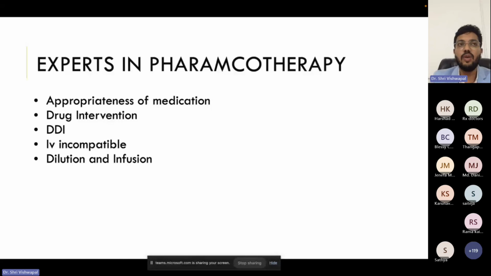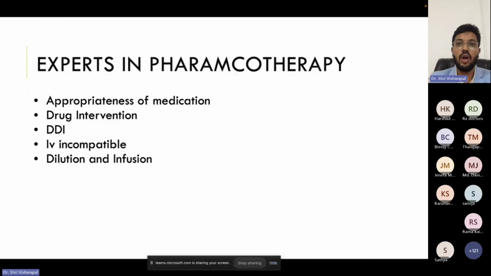For example, meropenem. Almost every institution infuses meropenem for 30 minutes if it is given as TDS dosing, that is, 3 times a day dosing. But in case of renal failure, if a doctor reduces the dose to BD, the time should be around